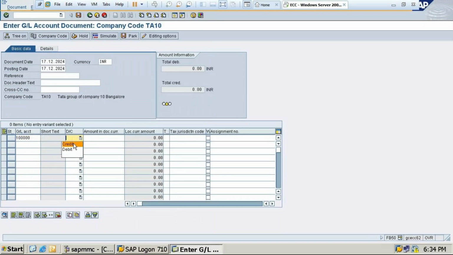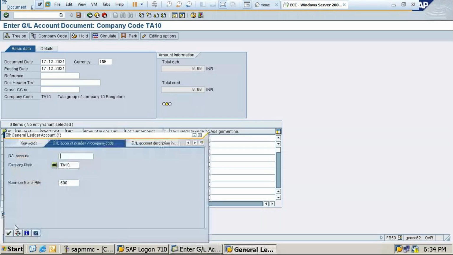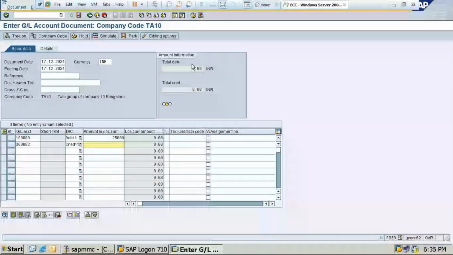This is cash account debit. Amount is suppose 25,000. Okay, and what we are receiving, salary. So salary account will be credited by 25,000. You are getting a message or not? When you are depositing any check, you are getting a message from the bank. So this is, let's take parked.